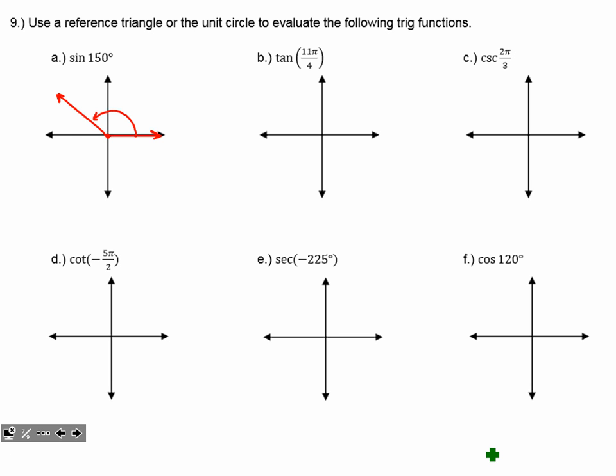Okay, let's draw our reference triangle in there, and our reference angle inside, theta prime, is 30 degrees. That's how much further I'd need to go to make it to the axis. And if that's a 30-degree angle, I know that the side lengths are the side lengths of a 30-60-90: 1 to root 3 to 2. And that root 3 leg is going in the negative direction. Now I can evaluate. I'm using my reference angle. Sine for reference, opposite over hypotenuse, is 1/2.